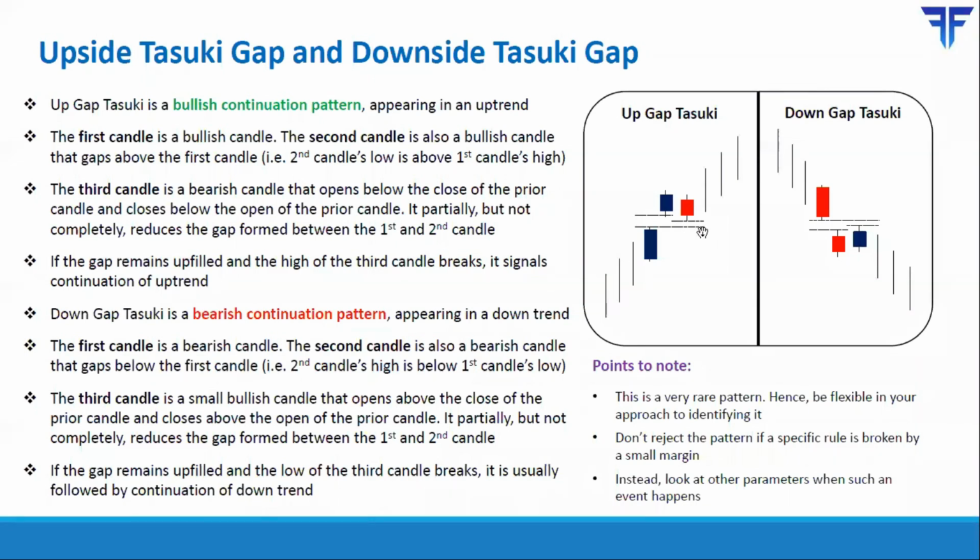Now, how to trade this pattern: once price breaks above the high of the third candle, it tells you to buy. However, you cannot pre-place a stop loss in the case of this pattern. So what you should do is, once you buy following the break above the high of the third candle, in case the pattern does not work out as expected, you should wait to see whether the gap is getting filled.